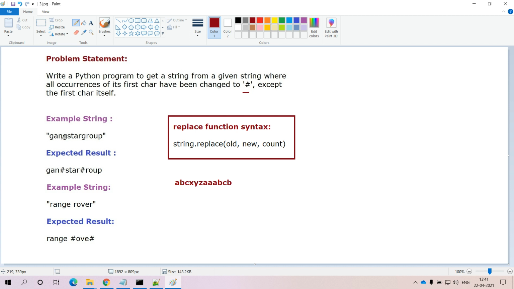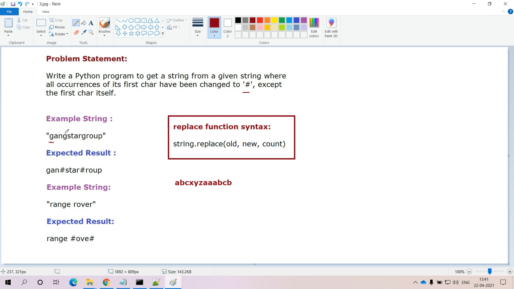Here in the given example, gangstar group is the simple example string. The first character is G. Whenever G occurs in this entire string, at each G index position we need to replace the G character with hash.